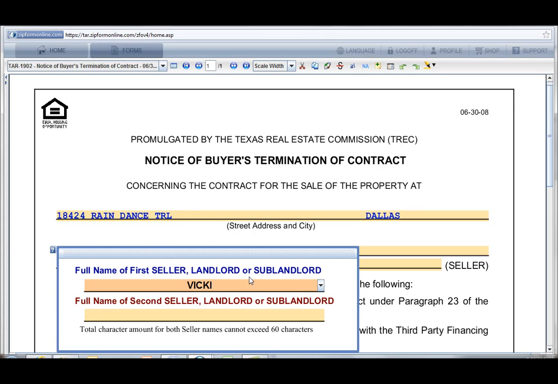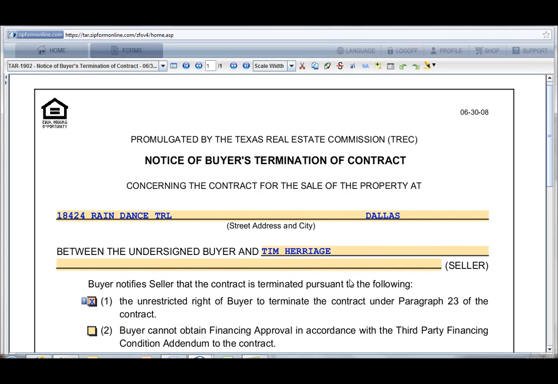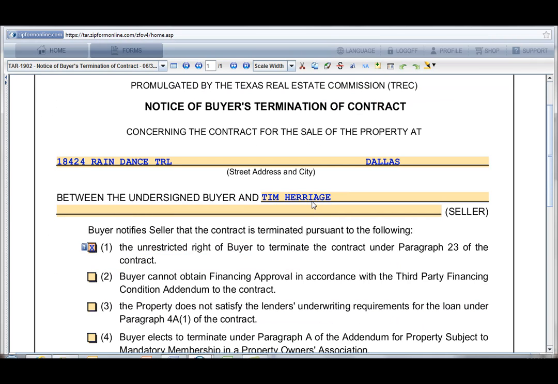And let's just say that the seller was Tim Harridge. Tim, I'd never back out on a deal, right? But you need to understand that you have the unrestricted right to back out of any deal during the option period, and that's why you want your option period to be so long if you can, because that gives you that right. All you need to do is fill in the address, fill in the seller's name, and then check